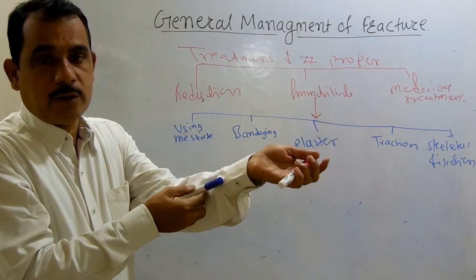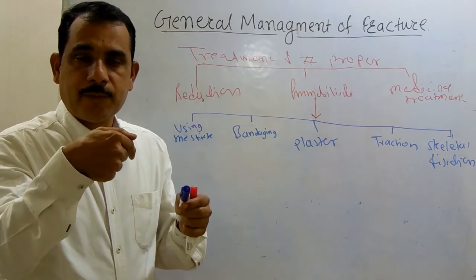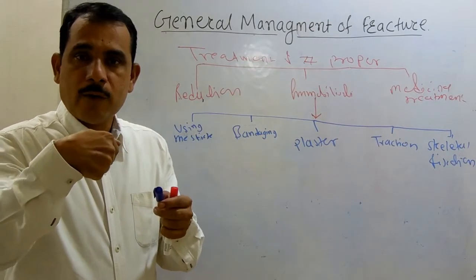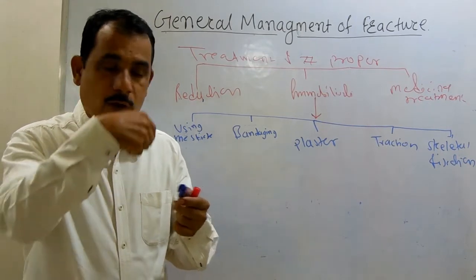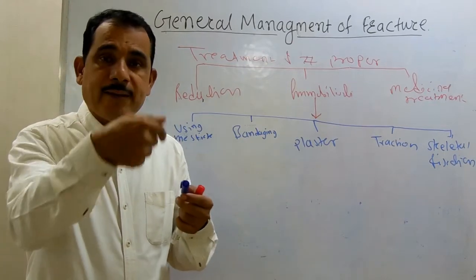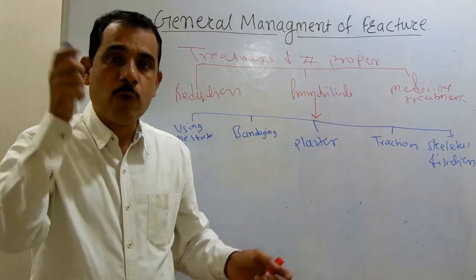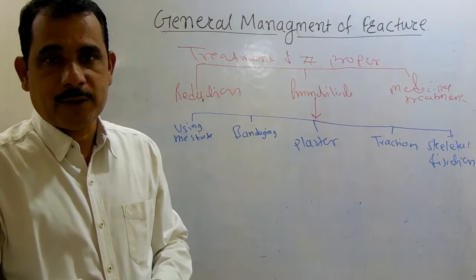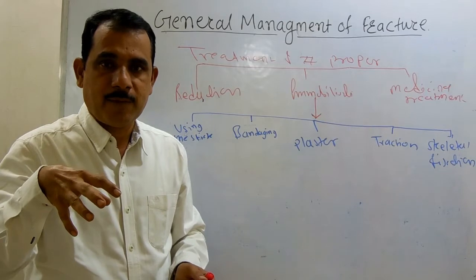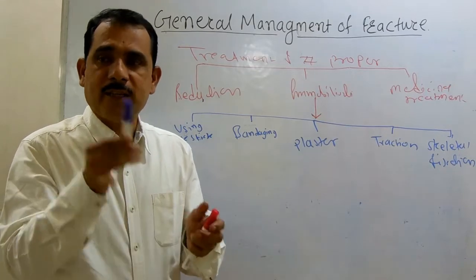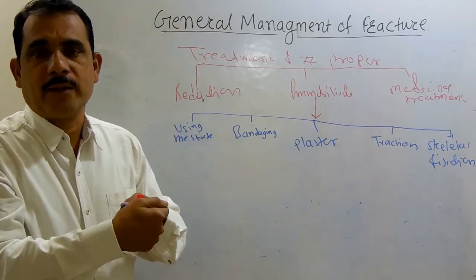The sticks are placed where? At the reduction site, and the stick is bound with either rope or a strip, whatever material is available for binding. Usually cotton strips are used to bind it because it will firmly attach the stick. It was used in the old days. Now also you can use it in case of emergency. Later this method was used in animals. Now a single stick or multiple sticks can be used, or all around the part.